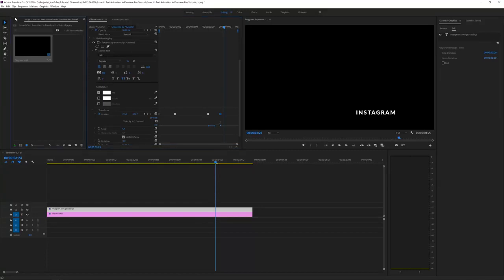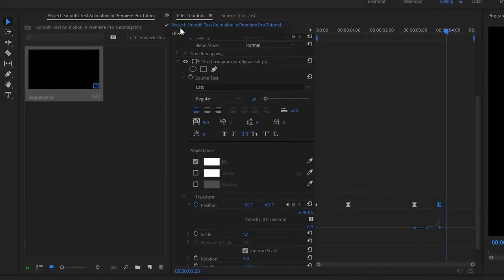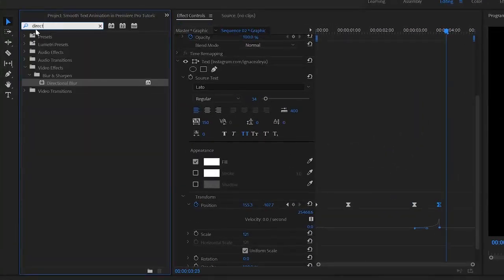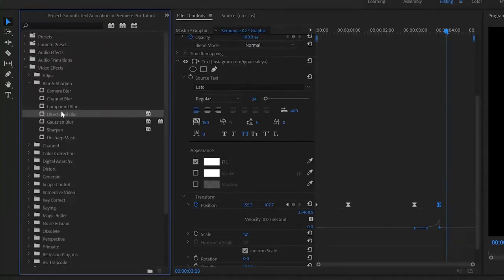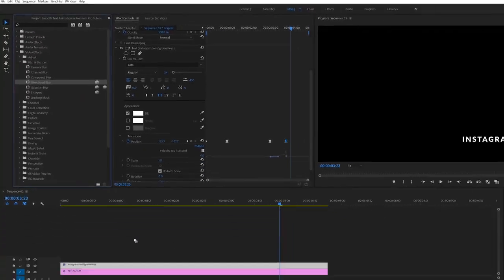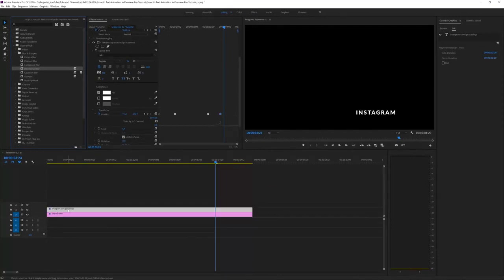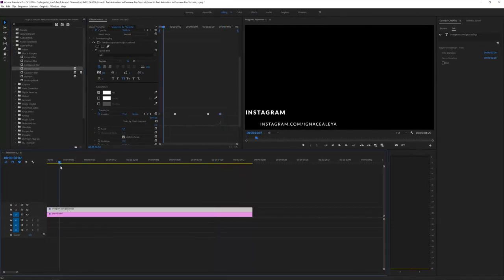So what we want to do is go to the effects right here, so go to effects and search for the directional blur under blur and sharpen. If we don't search, we can simply go to video effects, blur and sharpen, directional blur, and drag this onto one of your layers. So let's start with this bottom one. And what we want to do is